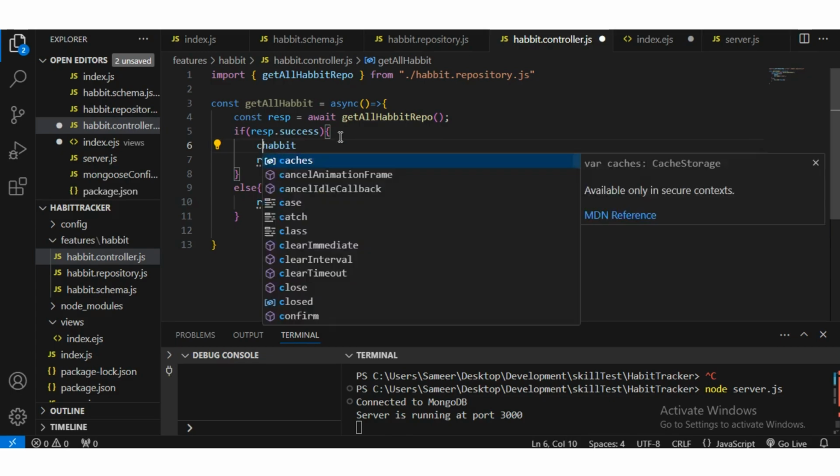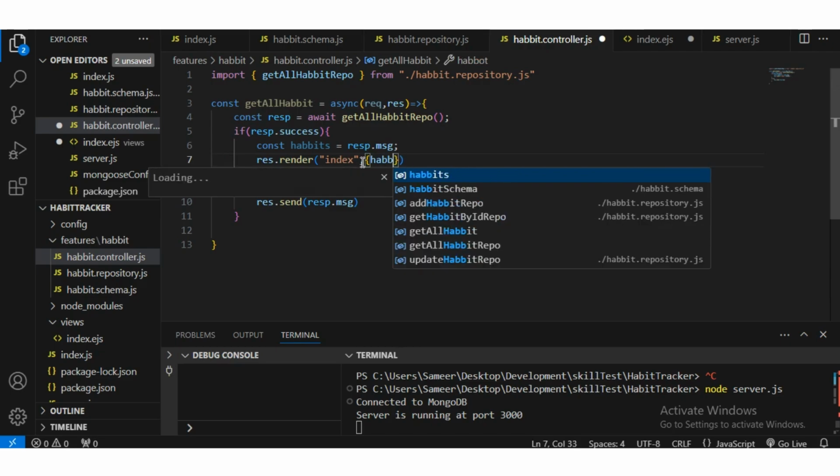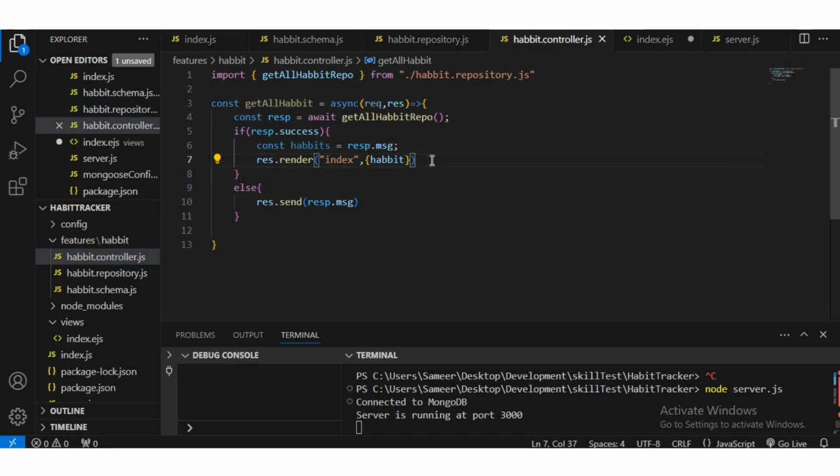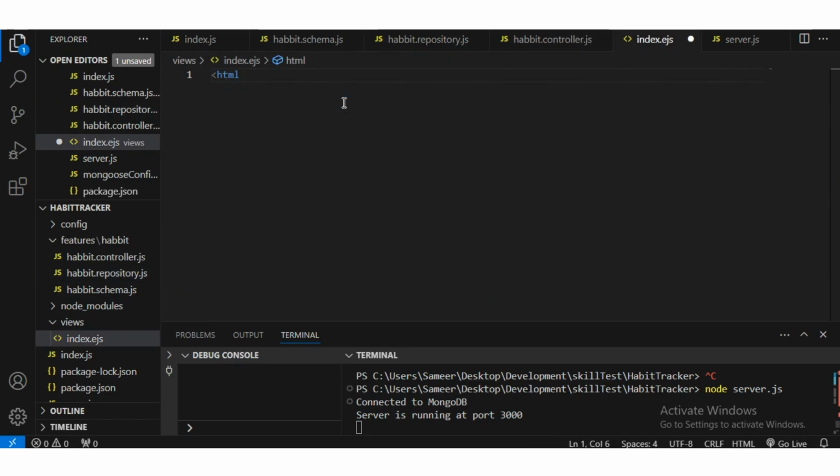So let's call it const, and we'll have to get the request and response object over here. So habits, and we'll get it from resp dot message. This has all the habits. We send it in an object. Okay, so this is it, and let's go to the EJS file where we create an HTML doc,